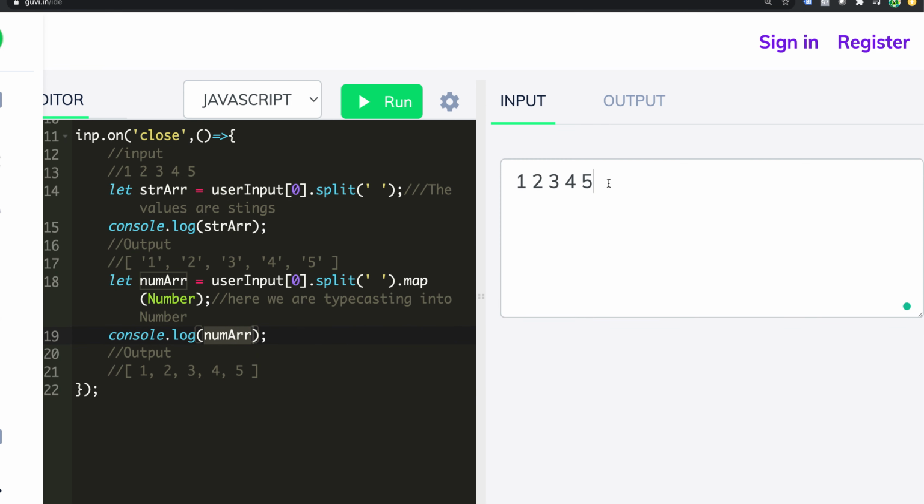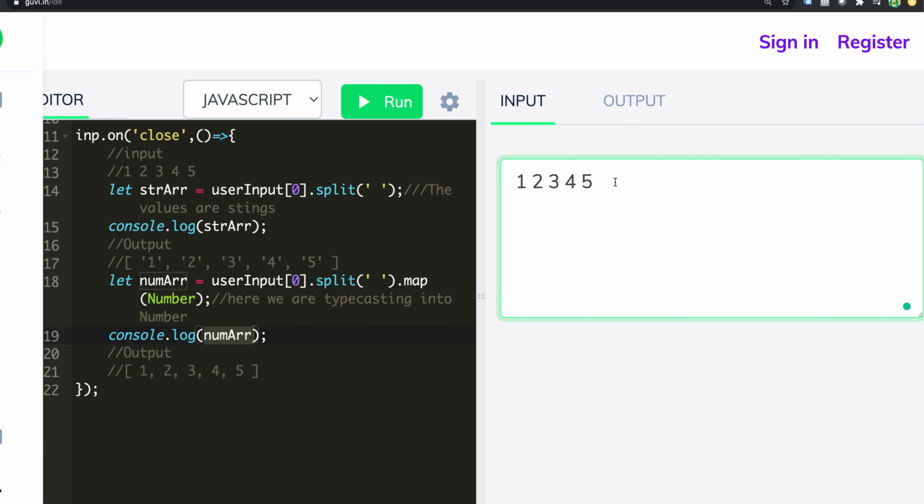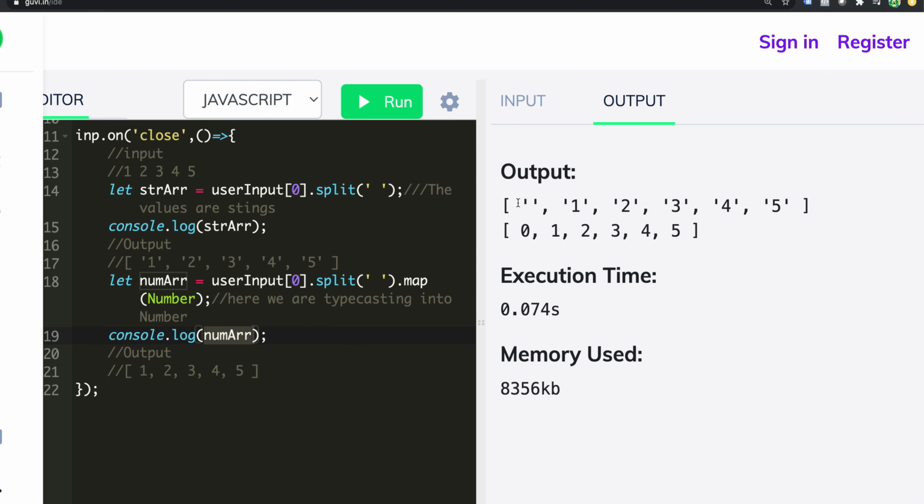The first step is that you give the input. While giving the input, make sure that you don't have a space before or after. That is the first mistake people make. For example, if I give an extra space like this, my output will have extra data, which will be converted to 0 and lead you to wrong results. It could be either in the front or in the back, so never give a space. Now I have given a space before. These are pretty beginner mistakes. See here, I got an empty space, and because of that I got a 0 in the front.